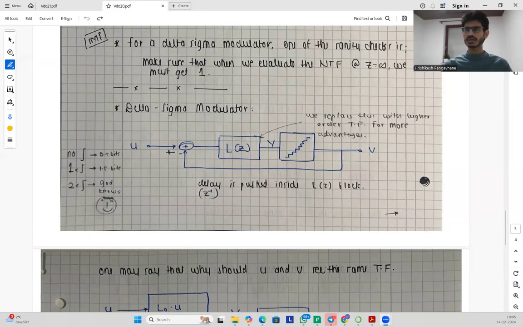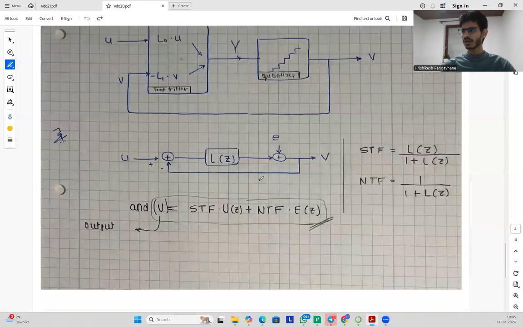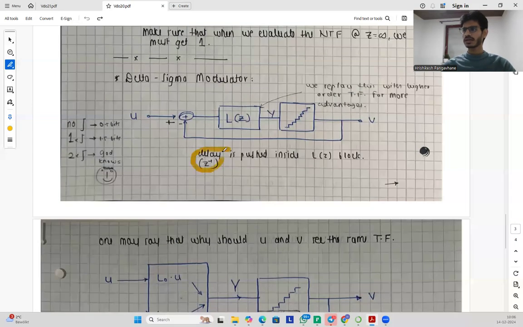Perfect. So until now, we saw the layman definition of the delta sigma modulator, and after that, we also analyzed it properly. We saw the functionality of the integrator, and we also talked about the linearized model of the delta sigma modulator. And when we realize the linearized model of the quantizer, we look at it as an additive source of noise. We also saw that there is a delay which is required because the output of the quantizer will not